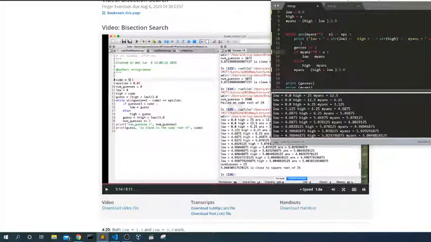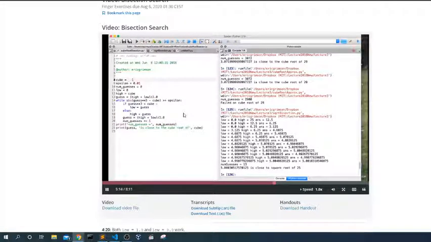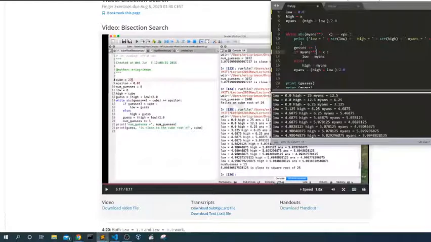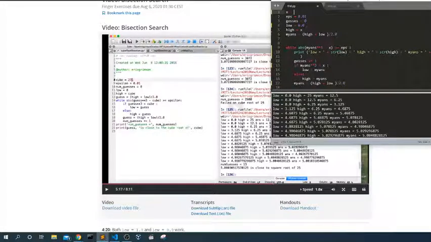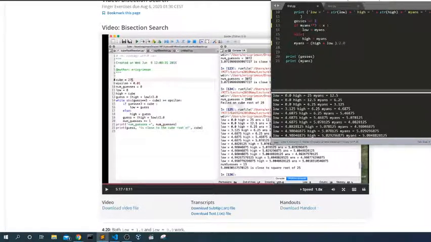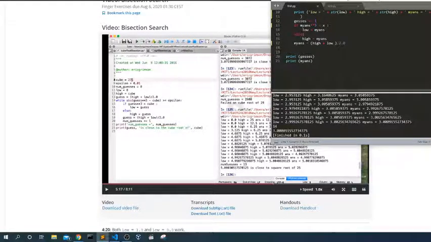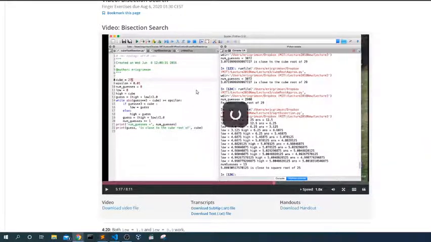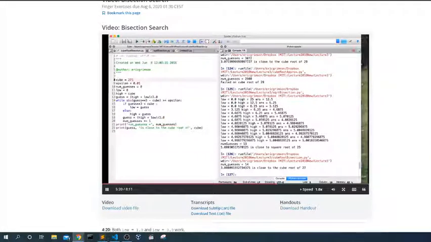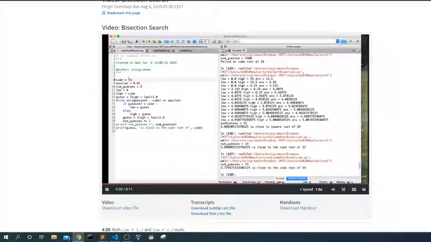Let's do it. For 25, he did it for how much? And I'll remind you that in this case I was doing 30,000 checks to deal with it. 27. Let's do it for 27. Capital S, capital B, and it should be 3. Yeah, it's 3. Now I run it, and in 14 guesses it gives me a really good answer. And if I pick something that's not a perfect cube, like 54, and I do the same thing, in this case it took 15 guesses to get me a really good answer.